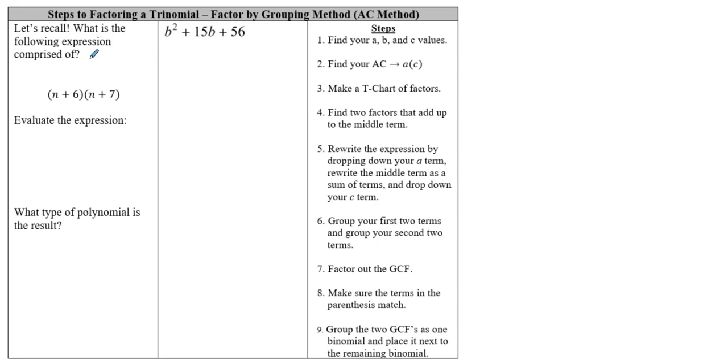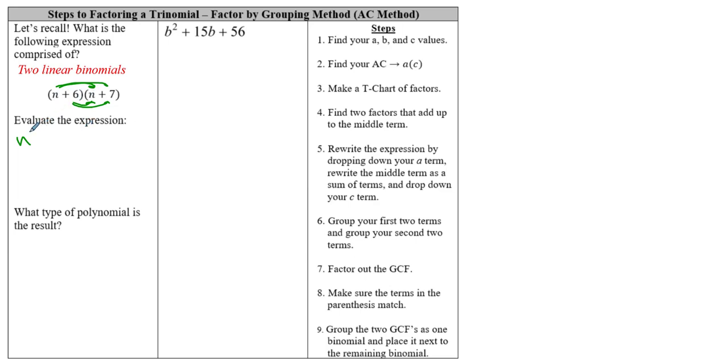So I'm going to start here with this box on the left. I want to recall, what is this following expression comprised of? We got n plus 6 times n plus 7. Well, if we look, we have 2 terms and 2 terms, and we have exponents of 1 on both of these. So what we have here are 2 linear binomials. These are 2 linear binomials, and we want to actually evaluate this. So we're going to multiply these out, and we are going to get